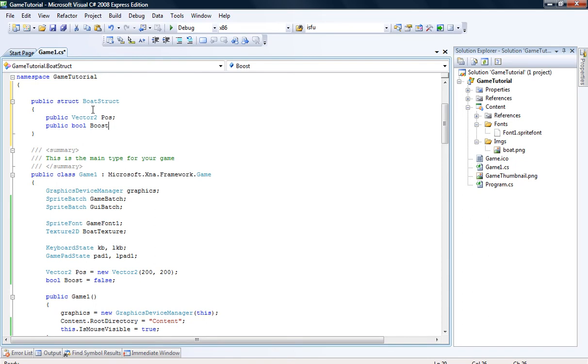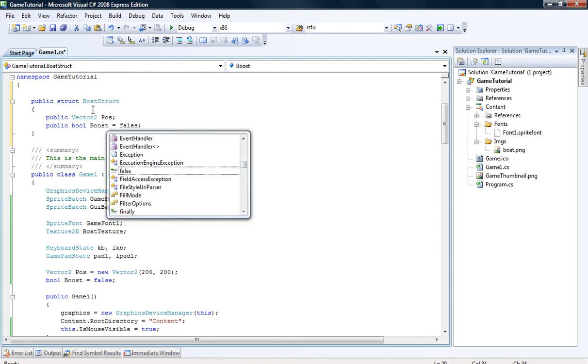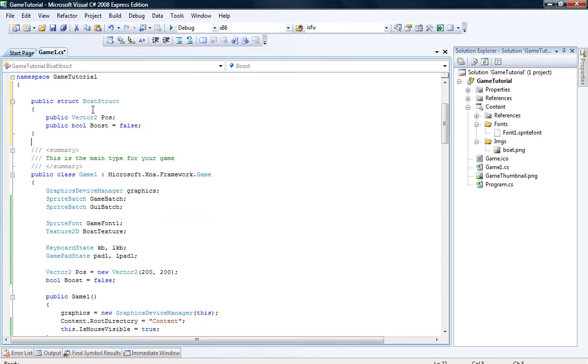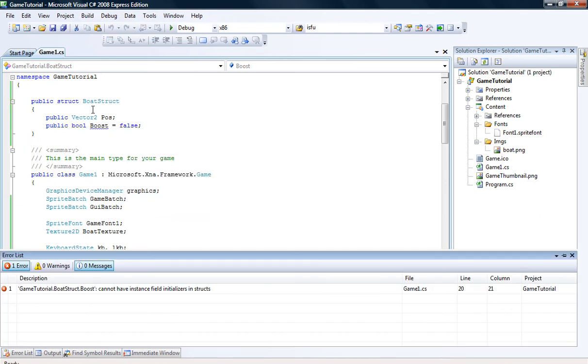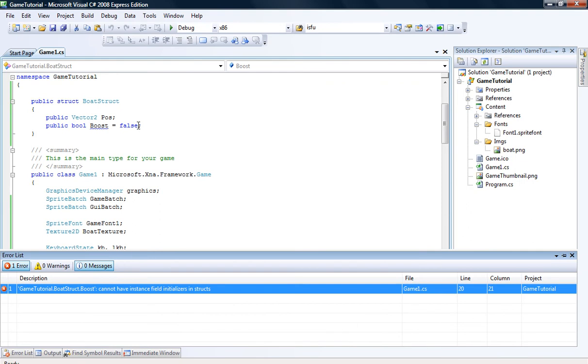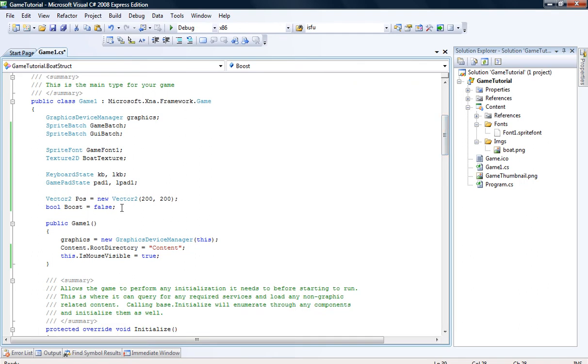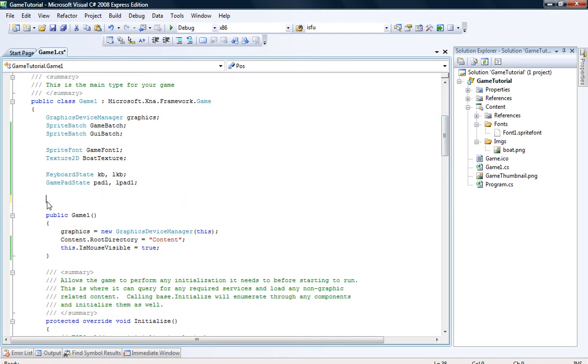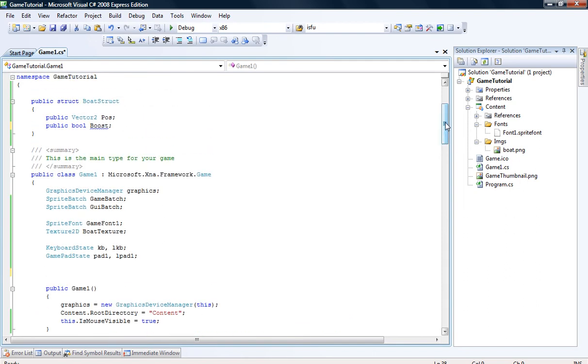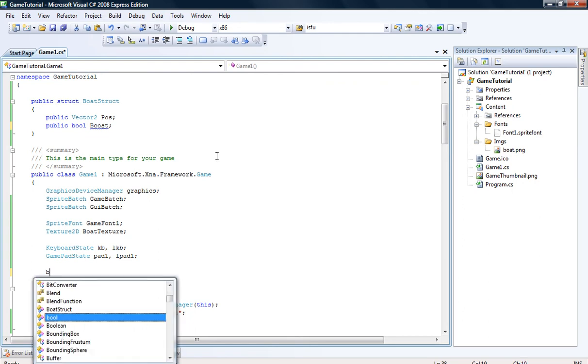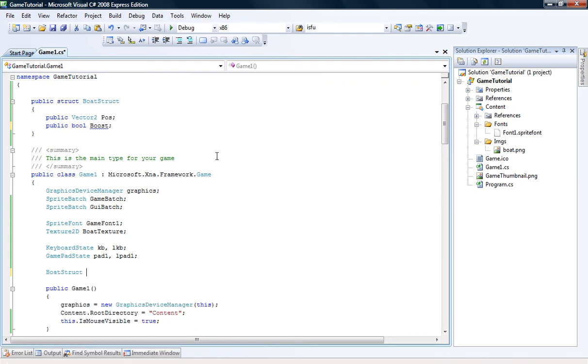Now with a structure you cannot initialize them, so I couldn't say equals false like so. I don't think I can anyway. No, I can't. It comes up with an error. So you cannot initialize variables within a structure. So now what I'm going to do is delete these variables created here, and instead replace them with a new variable, which is the one we have just created. This structure is in effect a variable. So we have boat struct, which is what we've just made. I'm going to call it